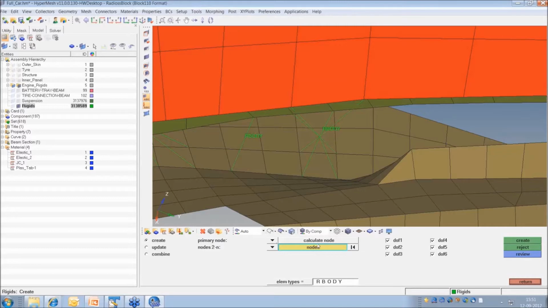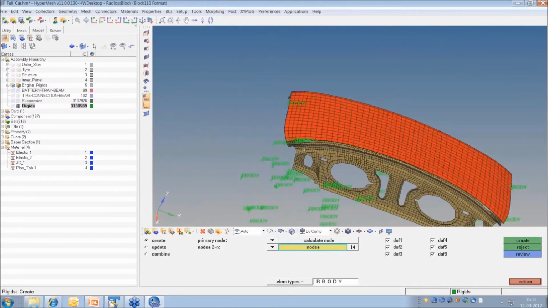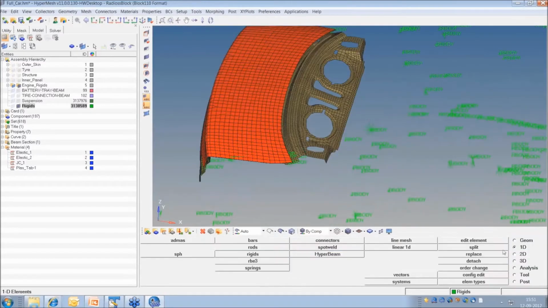And while creating the other connections also, nothing you should bring and attach to the master node of a rigid. On the master node of the rigid, you can only apply the loads and boundary condition. Okay, so that is one thing, and I just showed how you can create this rigid connection. Next, moving to spot.